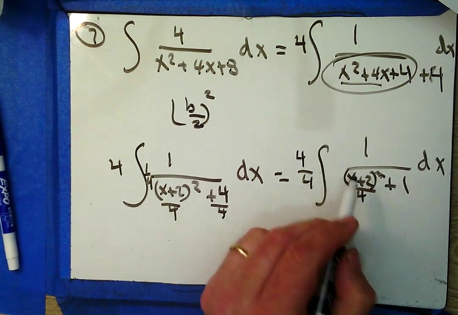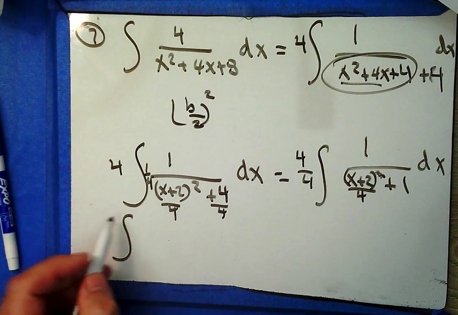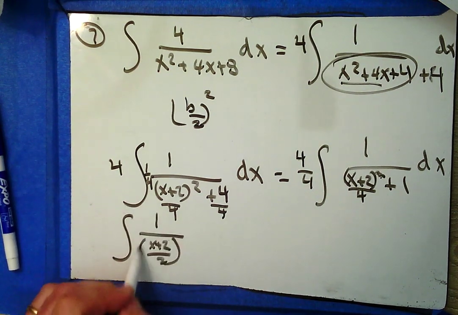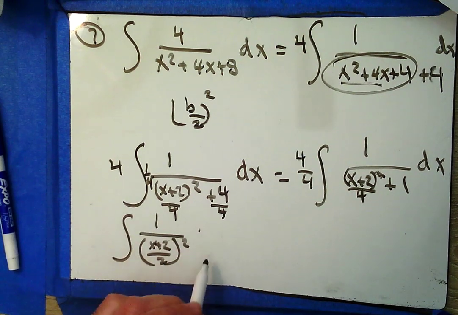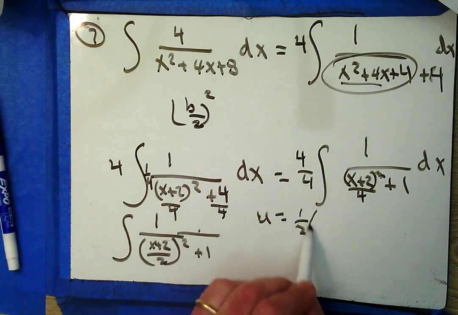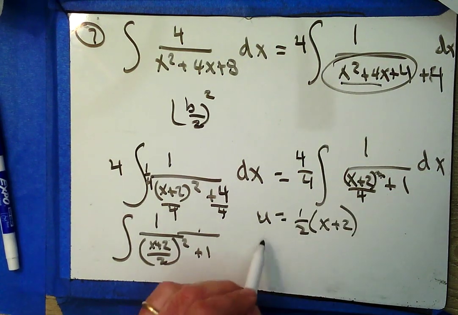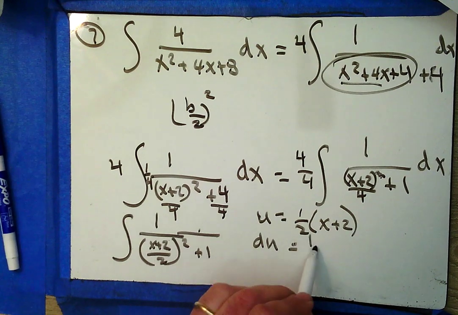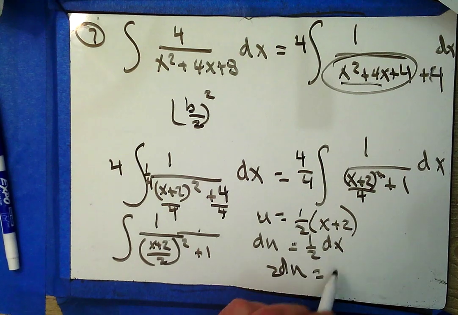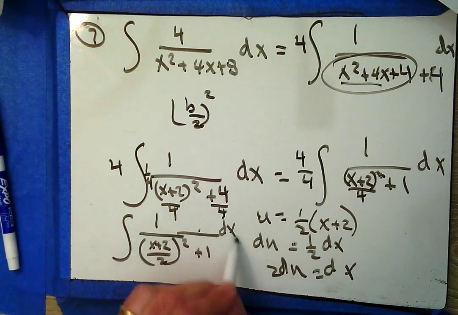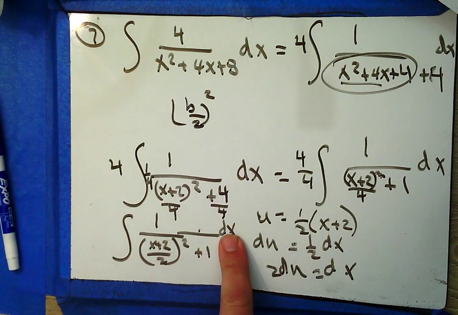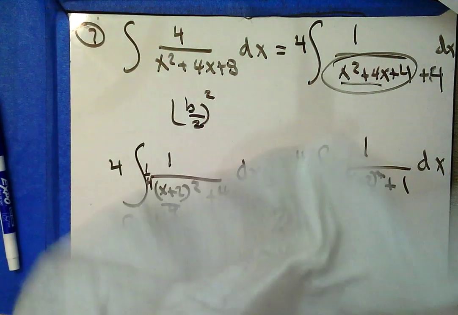dx. So I can think of this then as x plus 2 over 2 being squared plus 1. So my u is 1/2 x plus 2. Therefore my du is 1/2 dx, or 2 du equals dx. So I can replace this with u, and I can replace this with 2 du. My new integral then